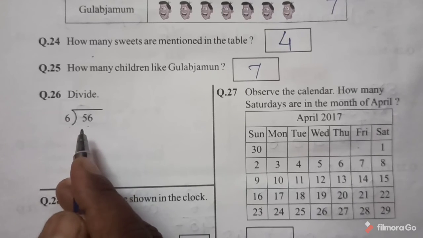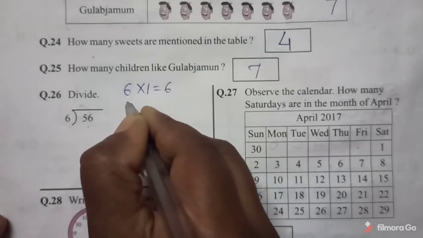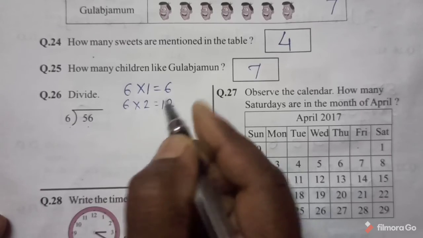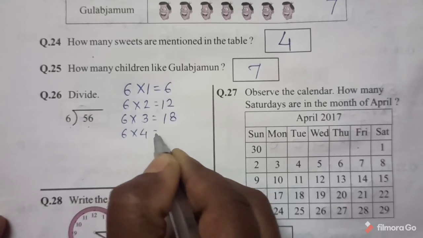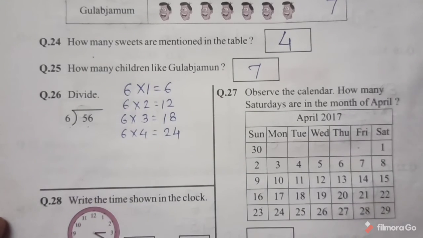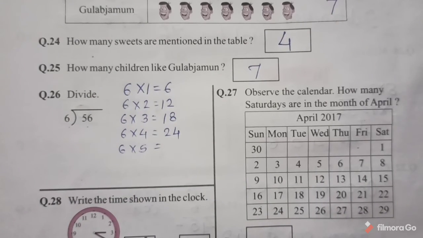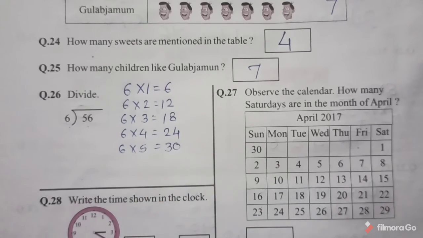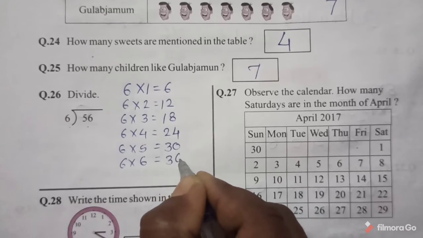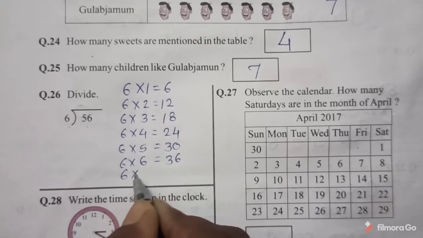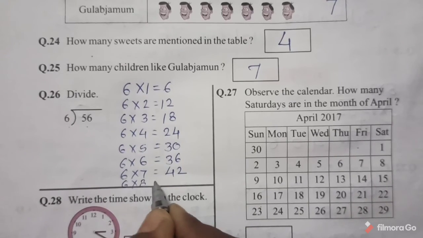Tell me students: 6 1s are 6, 6 2s are 12, 6 3s are 18, 6 4s are 24, 6 5s are 30, 6 6s are 36, 6 7s are 42, 6 8s are